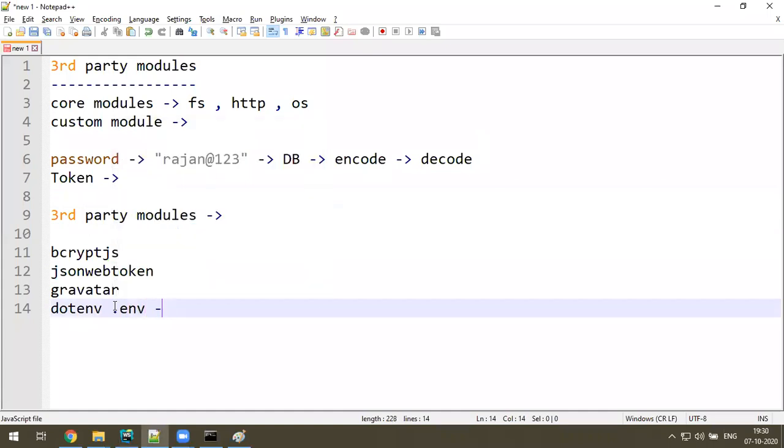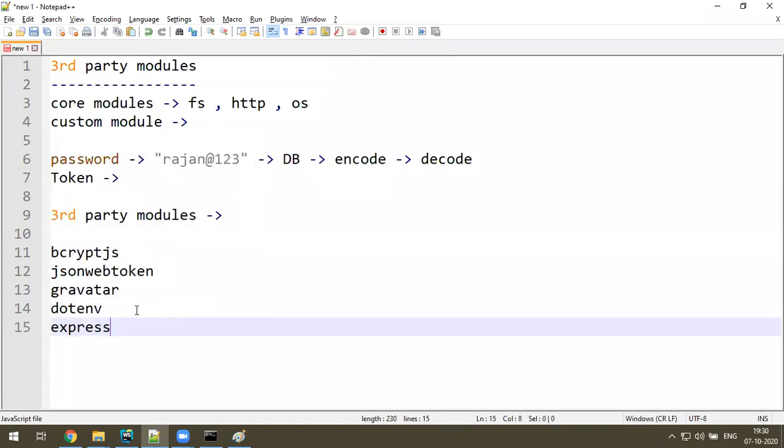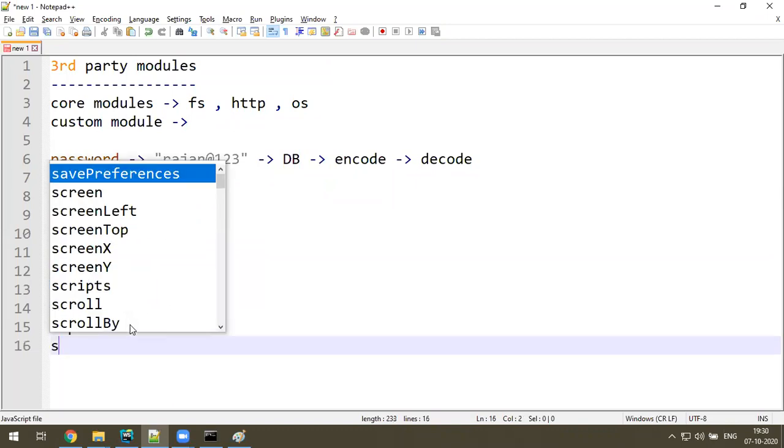In that, we'll keep all credentials. To maintain that type of scenario, we need this module. Like that, multiple. And we also have Express.js. That is also one third-party module. So where can we find all this? And even Stripe payments,